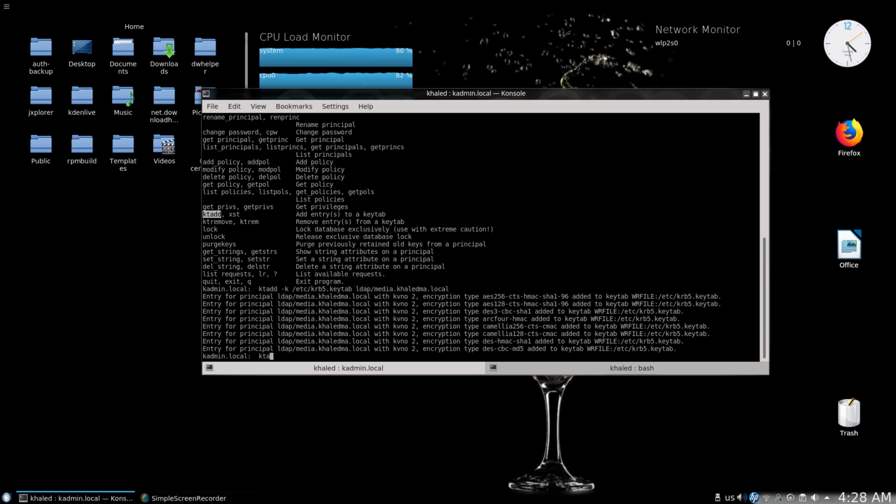Key tab added. Let's select a suitable location, which is /etc/dirsrv, and file /etc/dirsrv/ds.keytab. Okay,